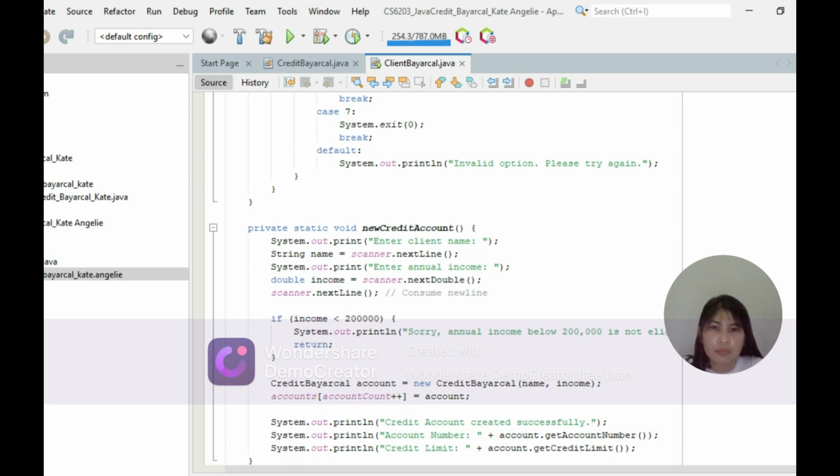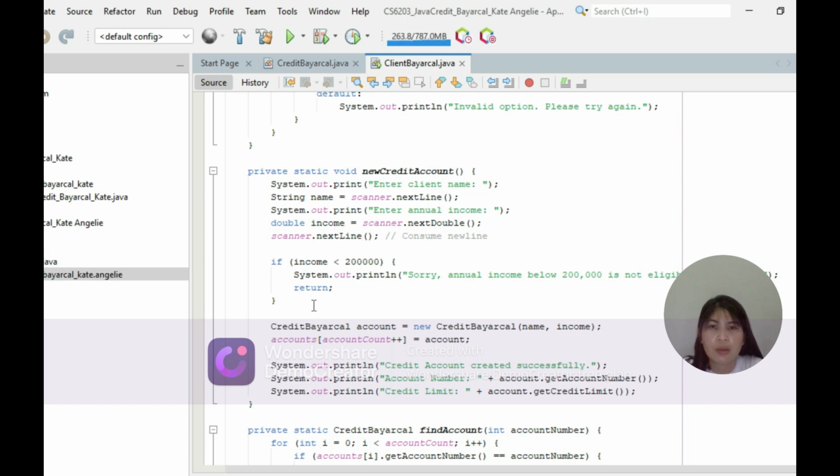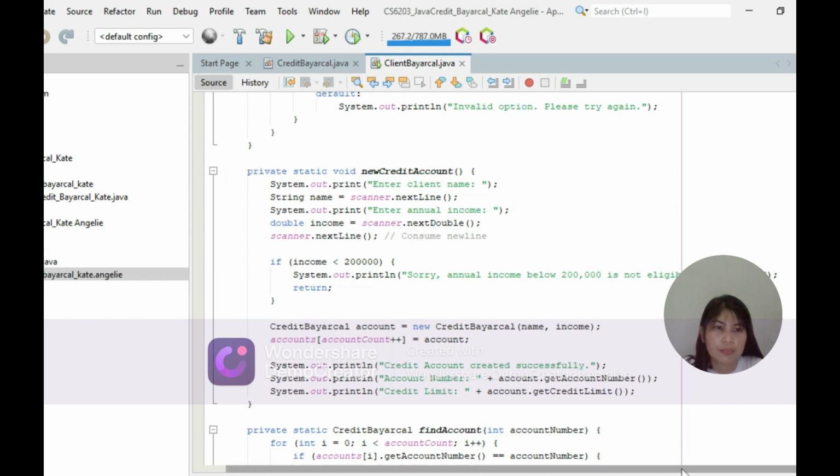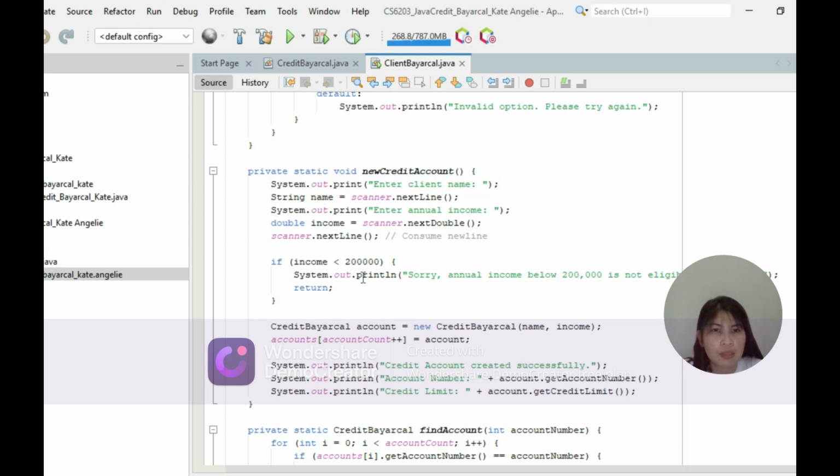So if (income is less than 200,000), and then bracket. System.out.println, annual income below 200,000 is not eligible for credit. And then if the program says that it is not eligible for credit, it will return to the options.